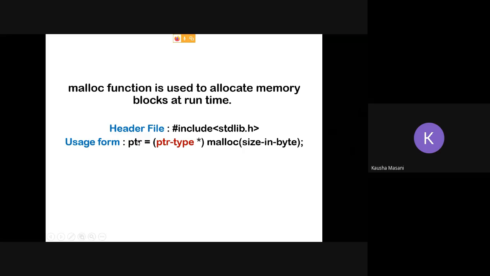So we are going to typecast it with the data type of this ptr. If this ptr is of integer type, integer star ptr, then you are going to write here integer star. If this is float star ptr, then you are going to write here float star. So the reason for writing this red color ptr type star is that we are typecasting. What are we typecasting? The void pointer which is returned by this malloc. And what is that void pointer doing? That void pointer is going to point to the memory of that block which is allocated by this malloc. Okay, got it? Or should I repeat?